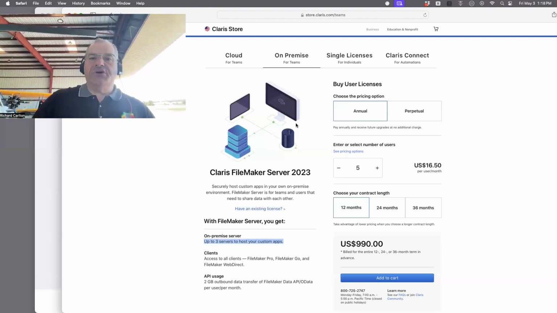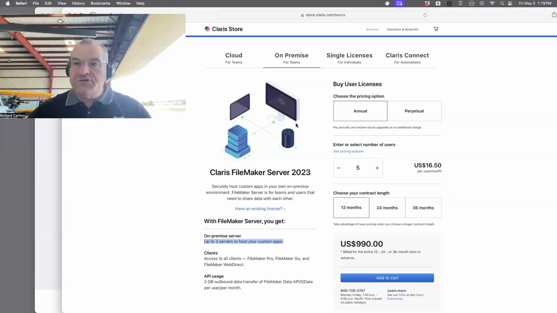The on-premise server is FileMaker server. It installs on Mac, Windows, or Linux. If I tell you I have a software that goes on Mac, Windows, or Linux, did I say anything where it can't be installed? I gave you the hardware, the operating systems, probably some hardware dependencies: Mac, Windows, Linux, latest releases.